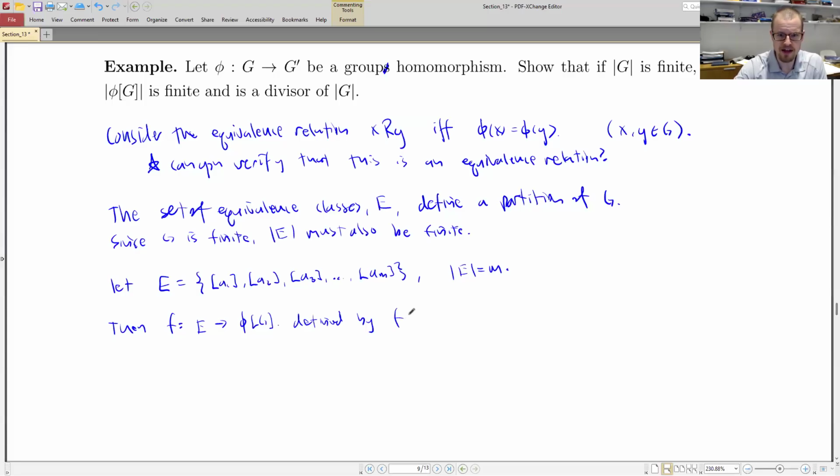defined by, let's go with f of a1 is equal to phi of a1, is a bijection. Now, again, that's another thing I'm not going to go through all of the details of, but that should make sense to us for the most part. And if it doesn't, I would encourage you to double check it and see how does that work out? Why is that a bijection? Because you should be able to find that it is. So F is a bijection, hence